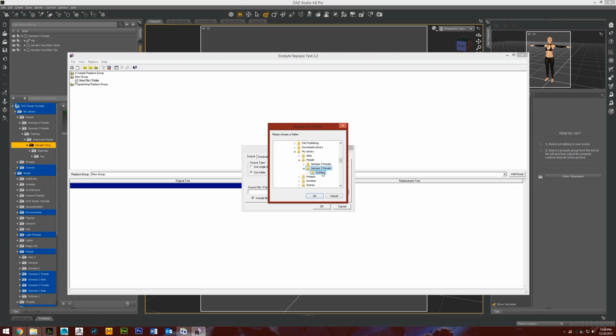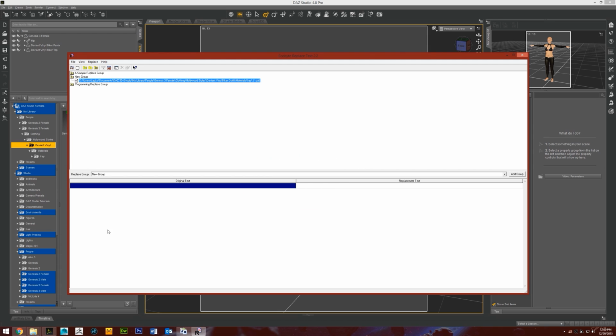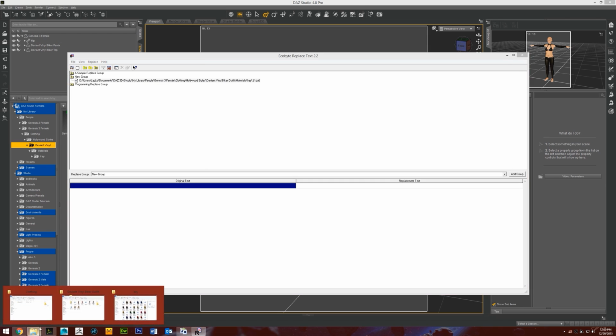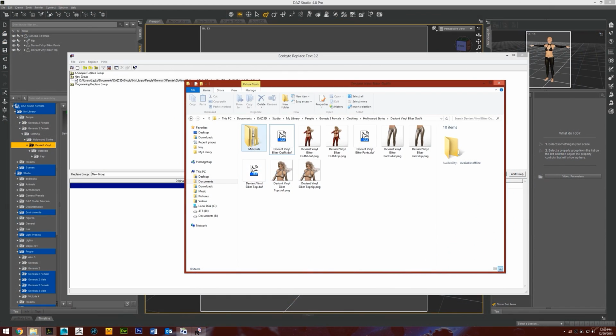People, Genesis 3 clothing, Hollywood Styles, Deviant Vinyl Biker Outfit, and then materials. Alright, so that's the folder all my material presets are in. So I'm going to hit OK. And now, before I actually run this replace text operation, I actually need to go into the location of the